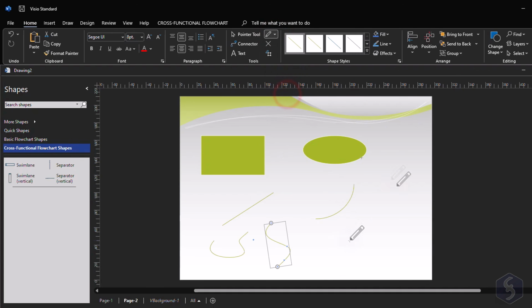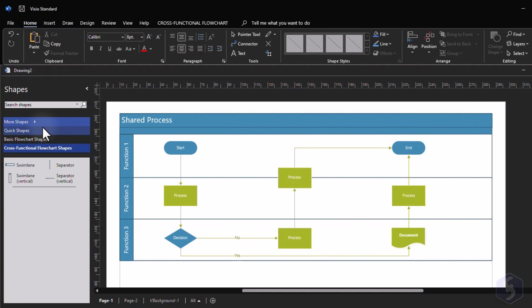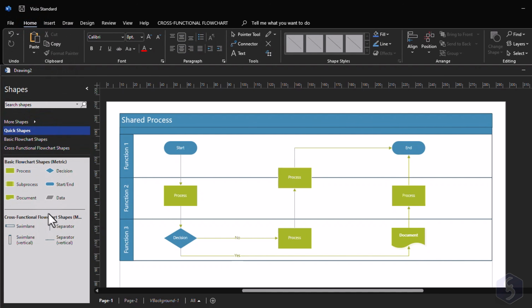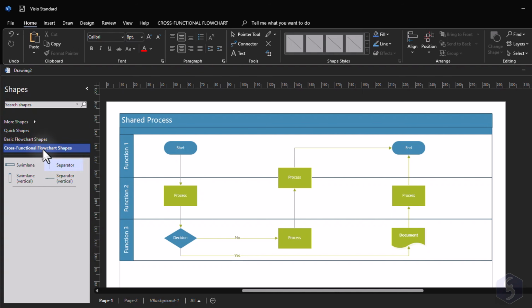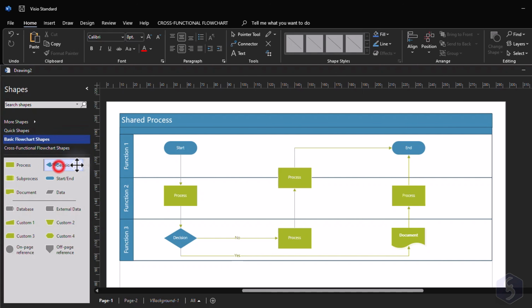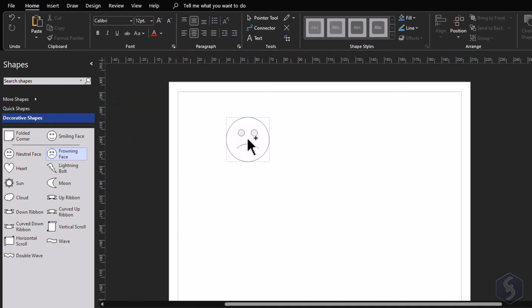You can also enable the pencil tool to draw objects, depending on how you move your cursor. On the Draw tab, you can also draw freehand with pens and highlighters, adjusting trace color and thickness as needed. From the Shapes panel, you can find several objects ready to use within collections called stencils, shown or hidden depending on the template chosen. Click on any stencil to open it at the bottom, and drag and drop any shape to add a copy of it in your document. For the complete list of stencils, go to More Shapes.